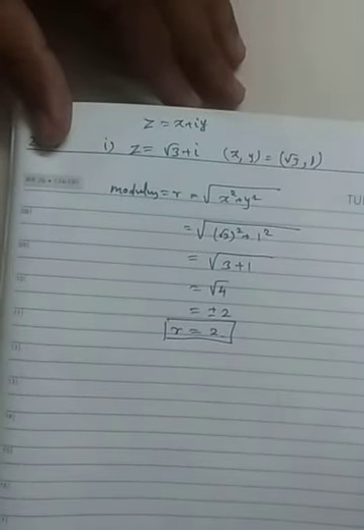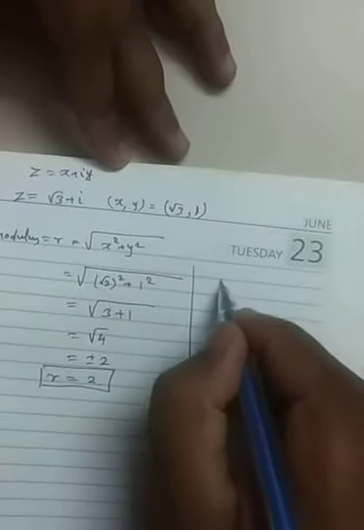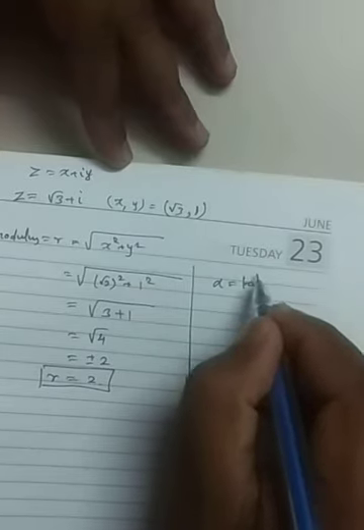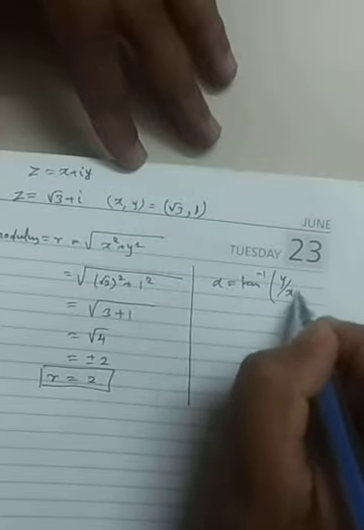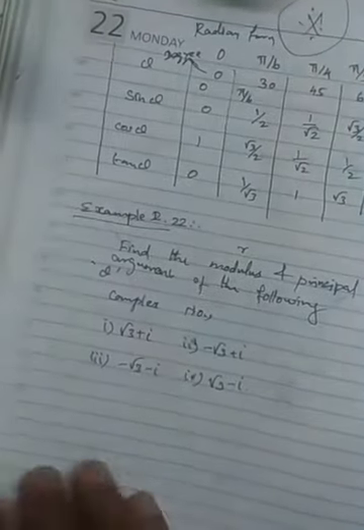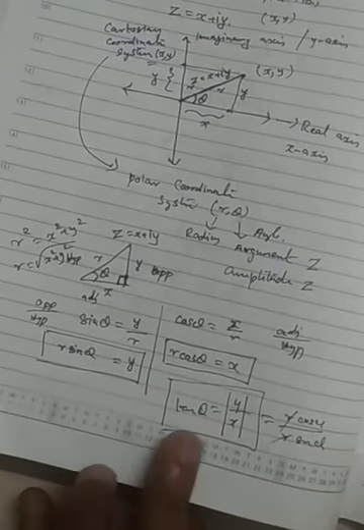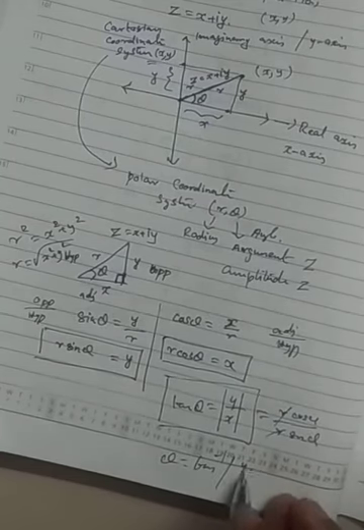Next, we are going to find theta, that is alpha. So I am writing alpha here. What is the alpha value? Tan inverse of y by x. That is the formula. As I told you in the last class itself, listen: here tan theta equals y by x, then theta equals tan inverse of modulus of y by x. Keep that in mind. So I am going to use the same here.